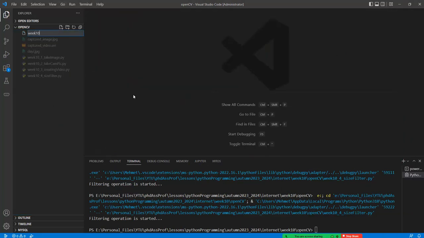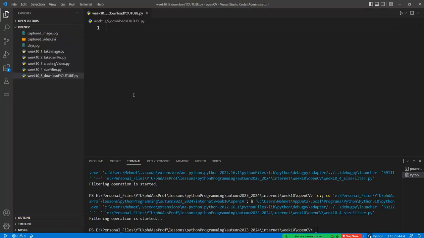So week 10 5 download youtube.py. So this directly relates to our library utilization, but how can we handle or take images or videos from the internet by using these terms? For example, YouTube provides any image from its database by using some importing operations. Okay, maybe you can utilize this property in your application, and so downloading YouTube